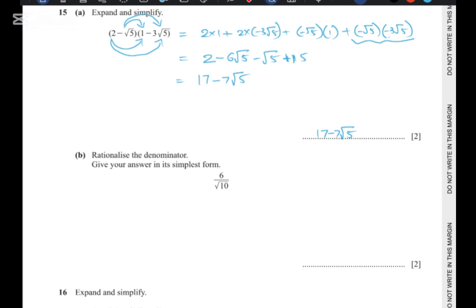Question number B, rationalize the denominator. Give your answer in simplest form. We need to rationalize. So rationalizing is nothing but multiplying the numerator and denominator with the given surd in the denominator. We get 6 root 10 by 10, because root 10 times root 10 is 10. So simplify using division by 2, that is 2 3s are 6, 2 5s are 10. So 3 root 10 by 5,